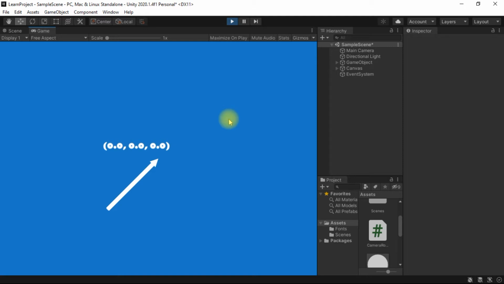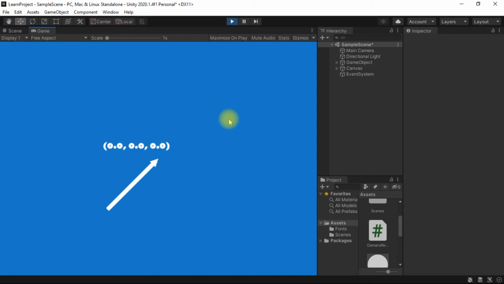We will learn more about the pseudo vectors in the later videos of this series, but in this video we will just focus on the direction vector and the position vector. So what's the difference between the direction vector and the position vector? A position vector is used for representing positions, like if you want to represent a position for your player, or if you want to instantiate an enemy at a certain position, then you would probably represent the position with the help of a vector. That means some kind of three variables which would contain three components of three-dimensional space.